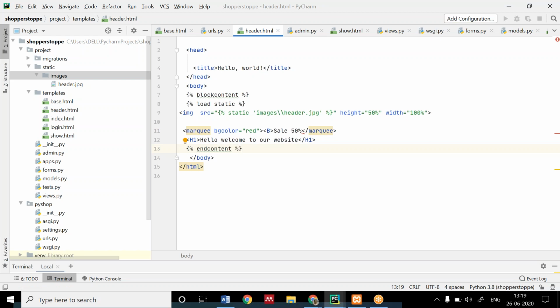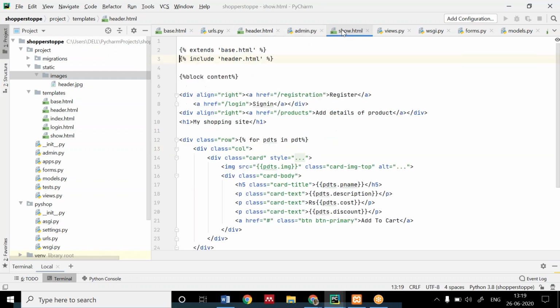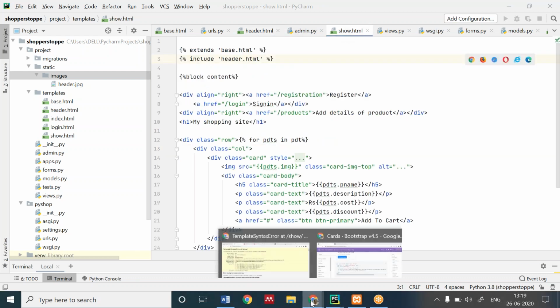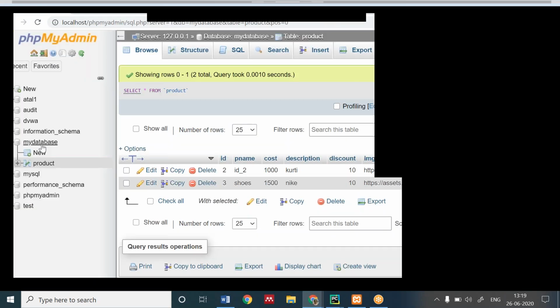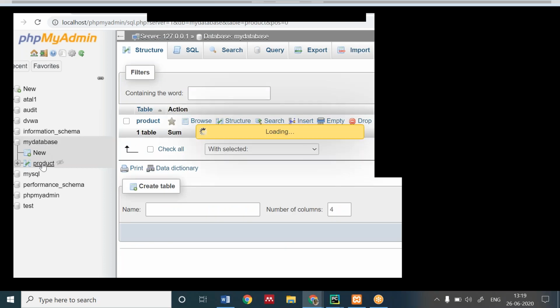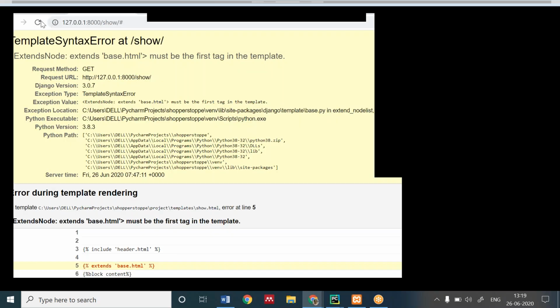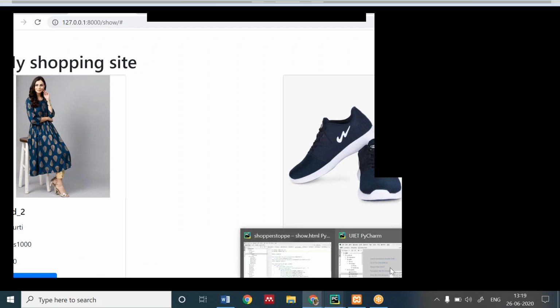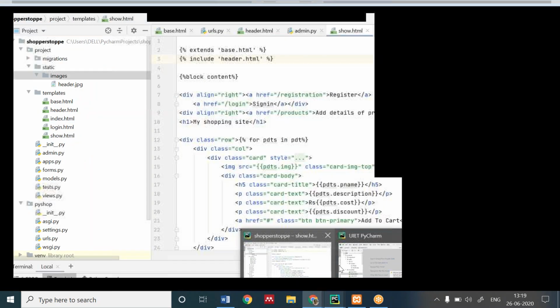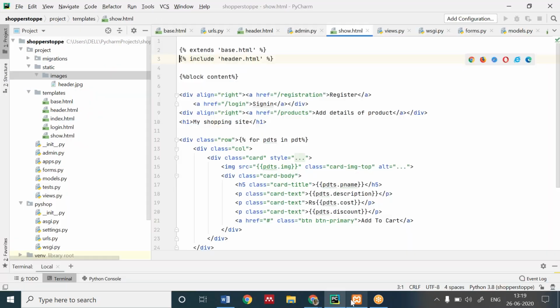Ma'am, my localhost PHP is showing that the table doesn't exist. See, Aman, check it once again, whether it is there or not. By opening localhost, click on my database, click on product. Is it there or not? You have to check it once again. The database might not be there. You might have used some other spellings.